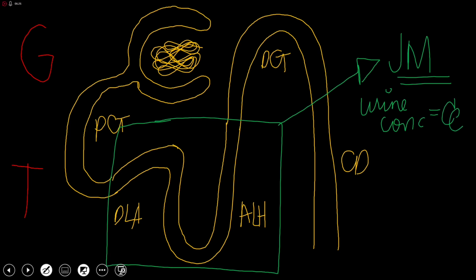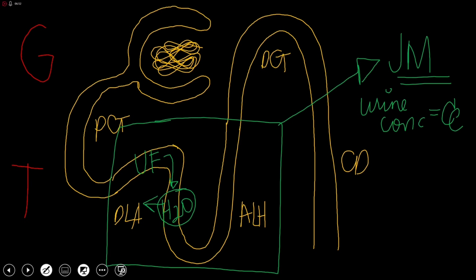And that refers to the movement of water in the descending loop of Henle. When ultrafiltrate comes in that portion, water will come out. When ultrafiltrate moves in the descending loop of Henle, the water molecules will be reabsorbed. They will be coming out from the descending loop of Henle, making the concentration of the ultrafiltrate higher because of the movement of water.